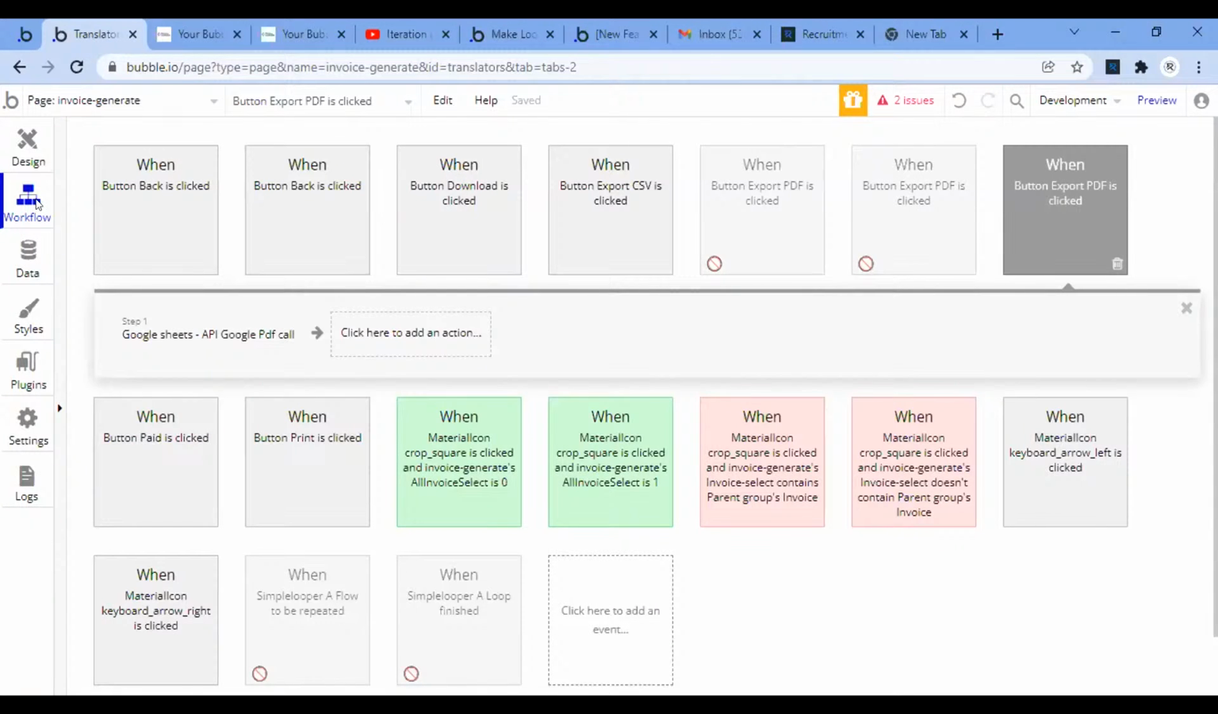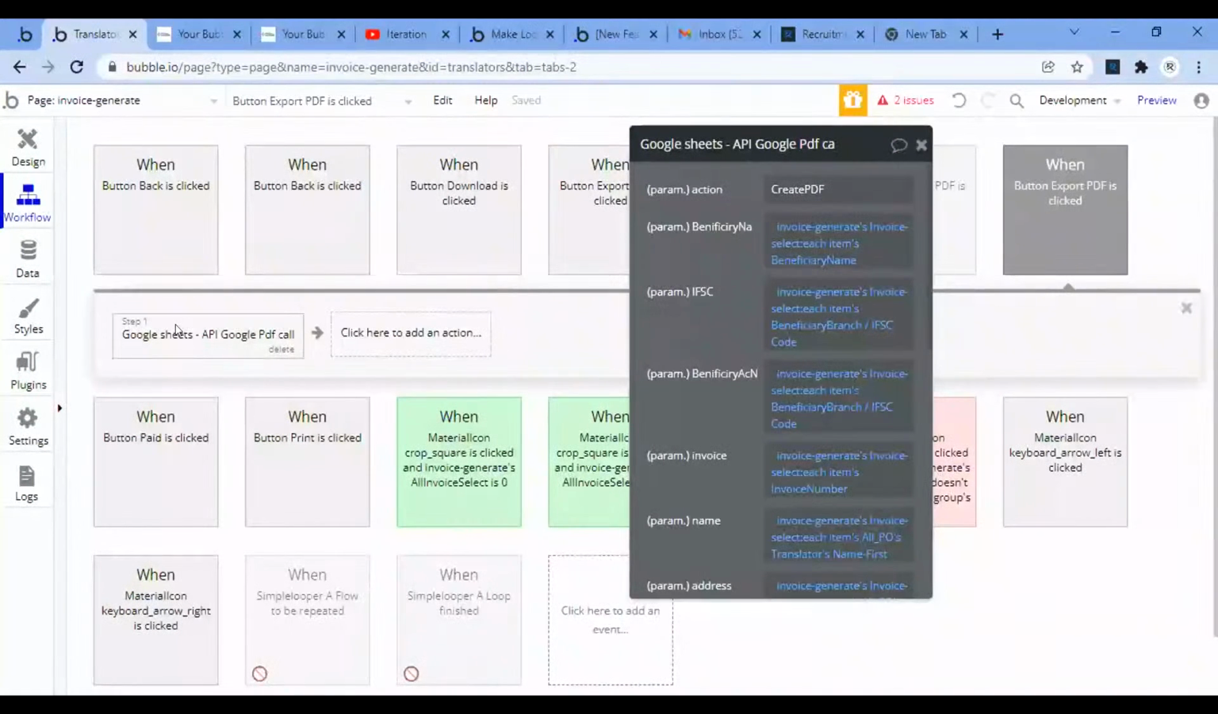And then, do you already have one? Yeah, the Google Sheets API, Google PDF call. Okay, so that's on the page, right? So that's when you want to send one, but you might be sending multiple. So go ahead and